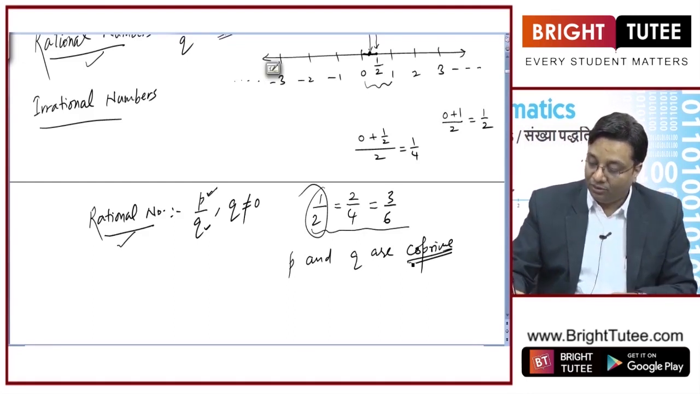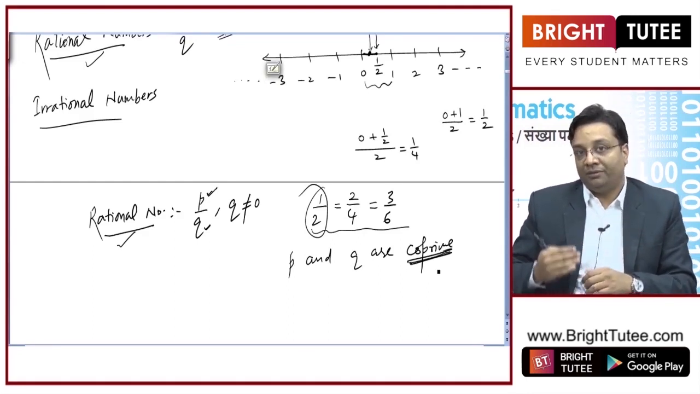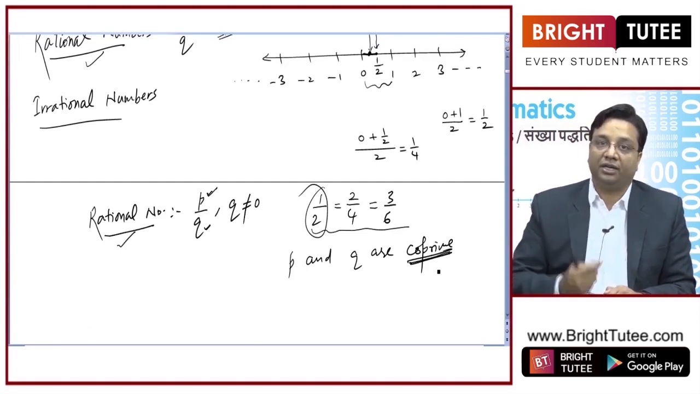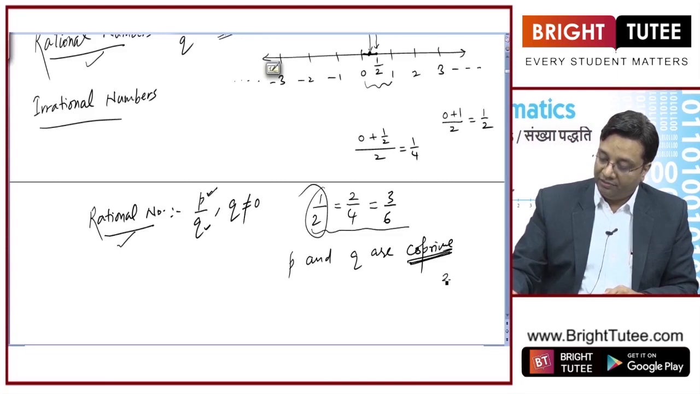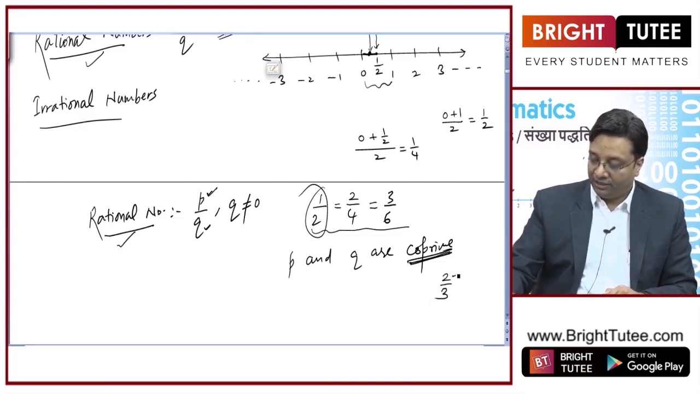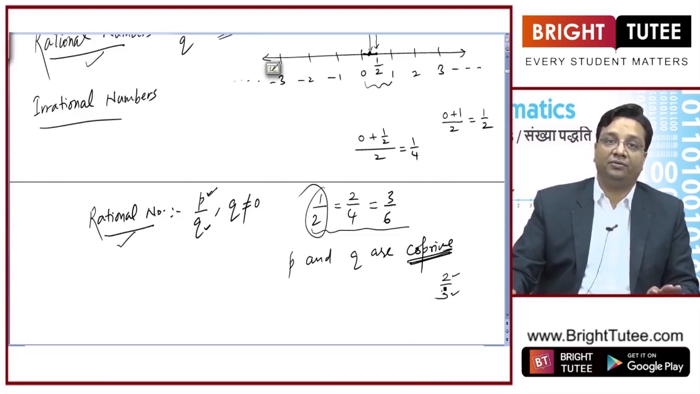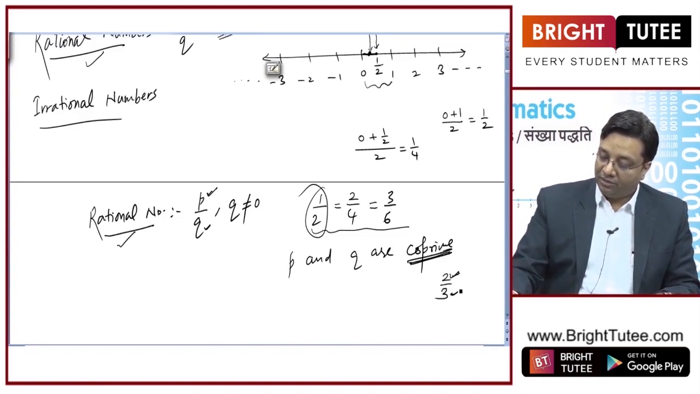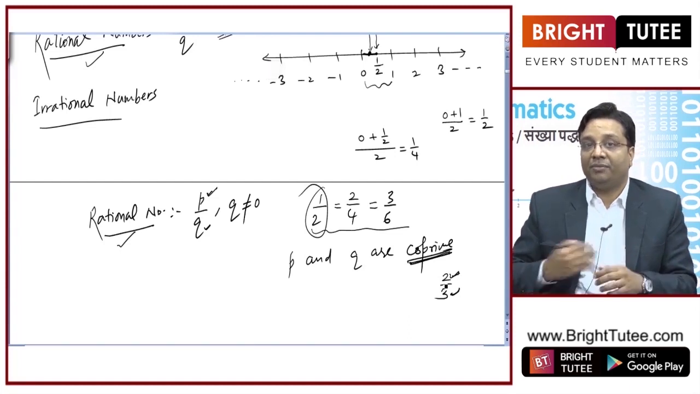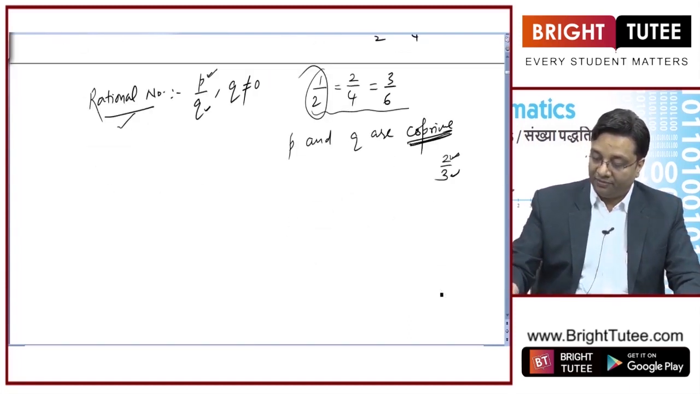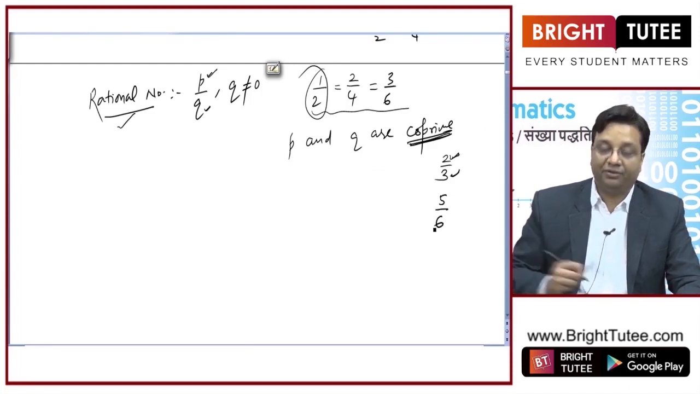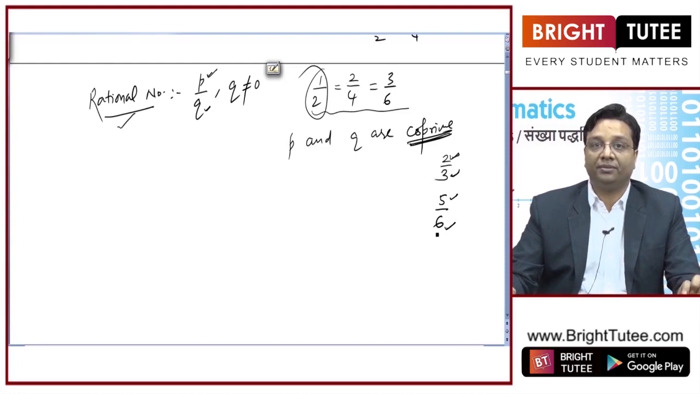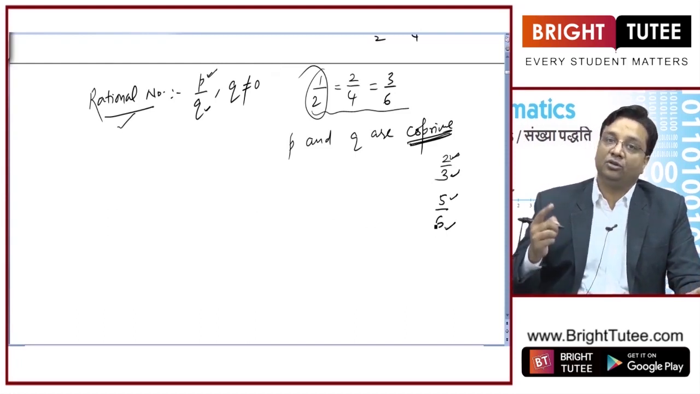Co-prime numbers are those which do not have any common factor apart from 1. For example, if I write 2 by 3, 2 and 3 do not have any common factor apart from 1. And these two numbers necessarily may not be prime, right? Why? Because I can have numbers like 5 by 6. 6 is not a prime, but 5 and 6 are co-prime because they do not have a common factor apart